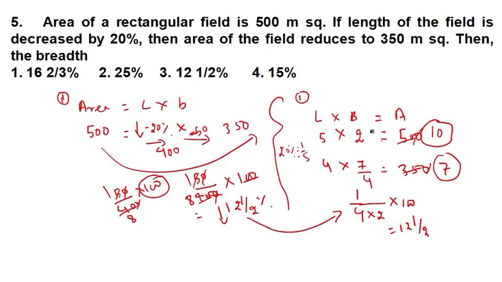Just minus this 2 minus 7 by 4. Okay, you get 1 by 4. And then in the base, if you want to take percentage, then this is the actual value. From this number it got reduced. So 1 by 4 and you take 2 in the base into 100, you get 12 1 by 2%. Fine. Okay, good. So it means that it got reduced by 12 1 by 2%. Let's move ahead.